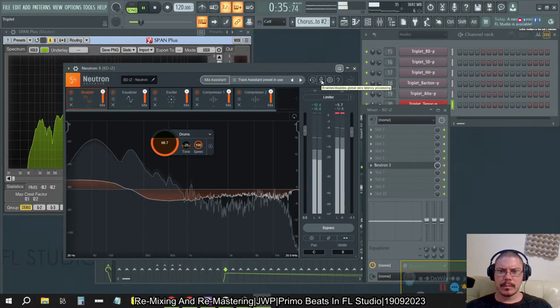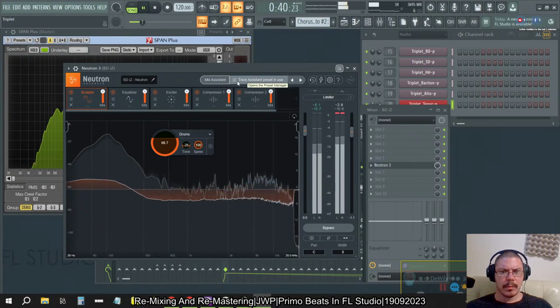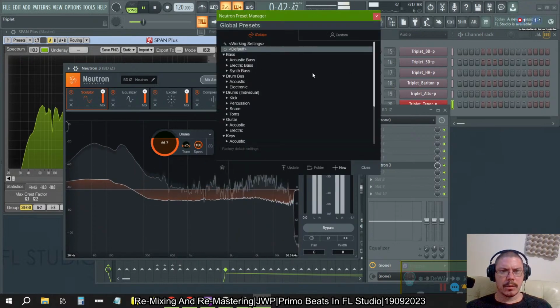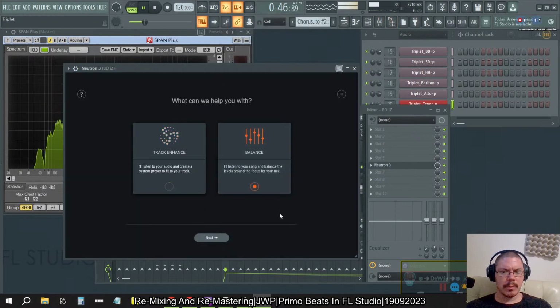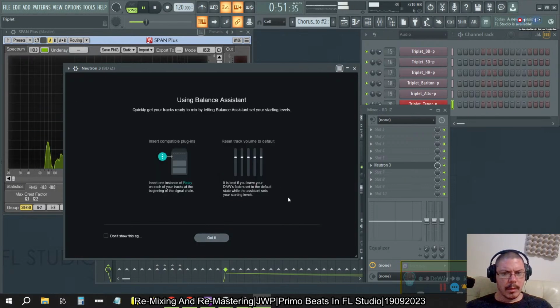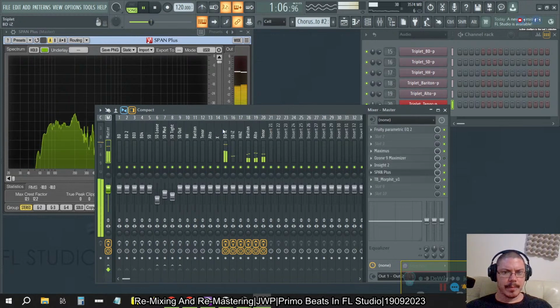What's this? Global opens the preset manager. Mix assistant, balance. Yeah, I'd like to be able to just get right back here, but of course I gotta slide the faders down. Balance assistant should just be its own thing. Anyway, so